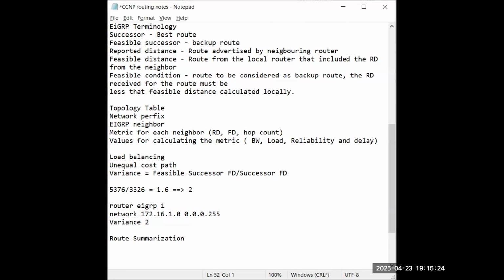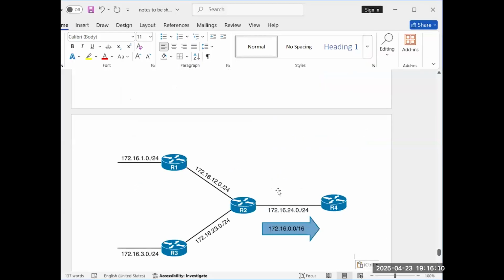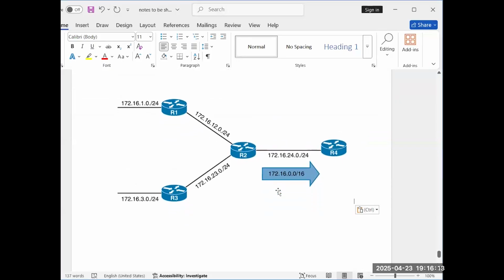Okay, so how are we going to configure a summary route? I'll put up one diagram over here. This is the network which I'm going to advertise. So R1, R2, R3, R4 are the 4 routers. The networks behind R1 are 172.16.1.0/24. This is 12.24, this is 23. So same, it's